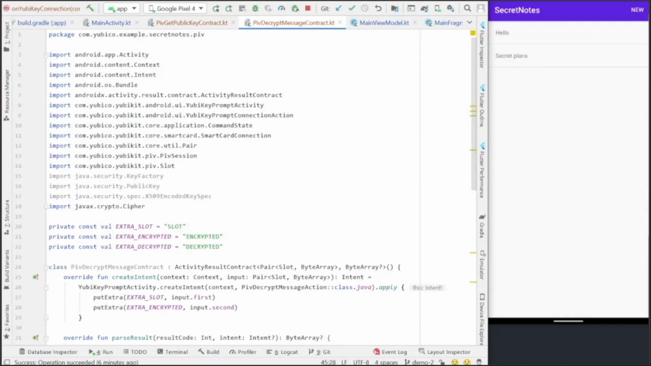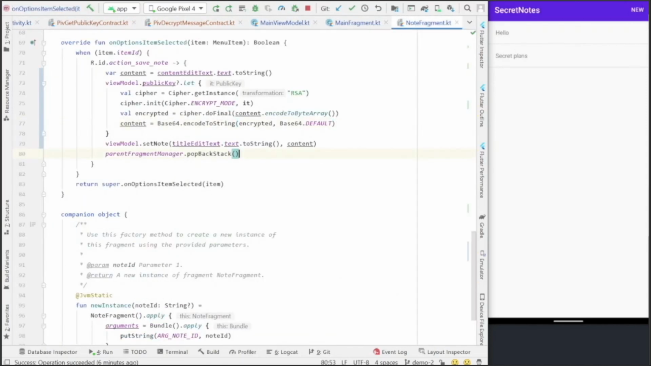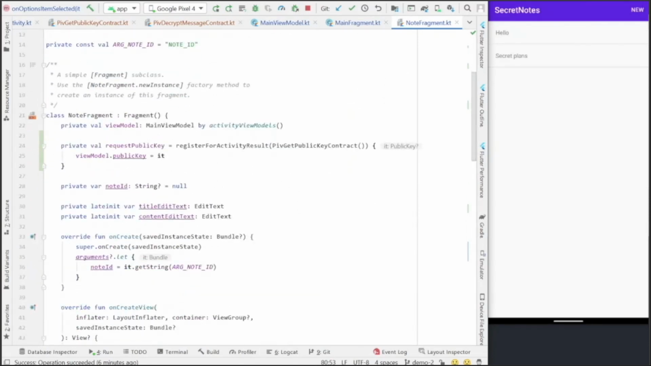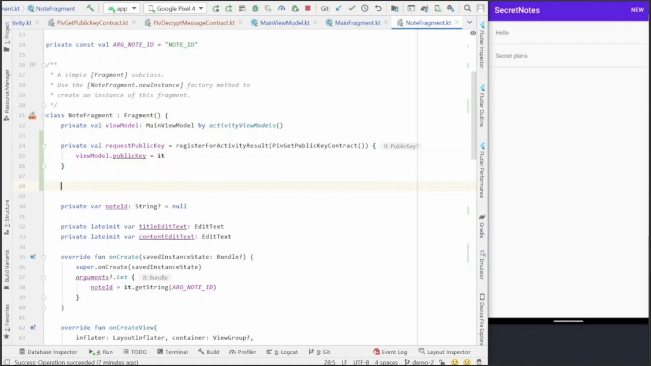All right, let's move back to our note fragment. So when we opened a note, we saw that it was encrypted. What we want to do is decrypt it. And what we also need to do is show it once it is decrypted. So we'll register another callback here. Call it request decrypt